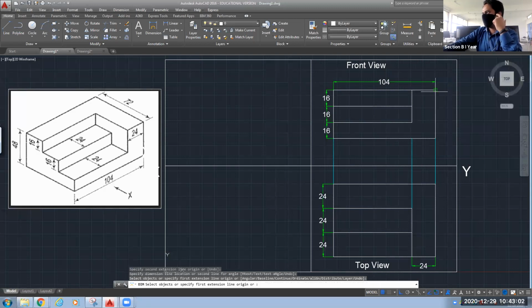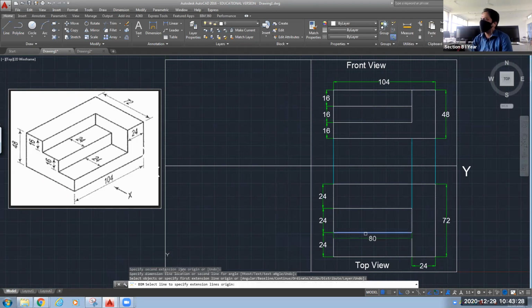So we cannot give separate dimension like this, or it will be over constraint. Okay, but I have just shown here to show you that this is your 48. Likewise this 72 also, 24 plus 24 plus 24 is 72. So you can give here on this side or you may not give. Okay, so this is the complete dimensioning.